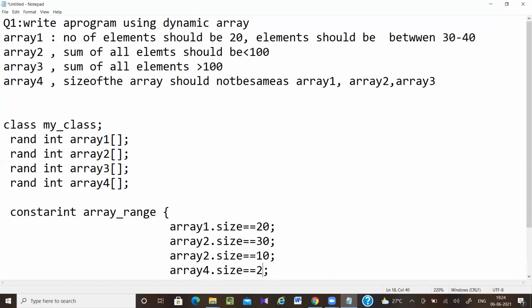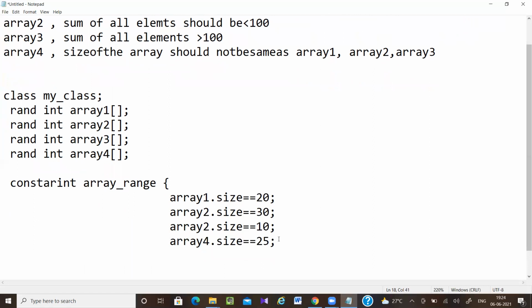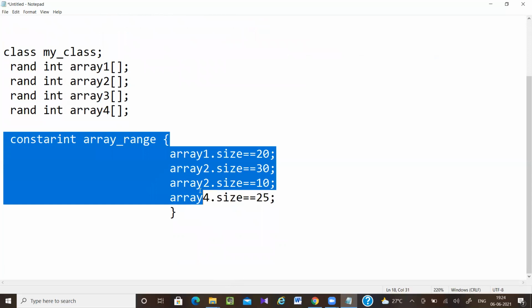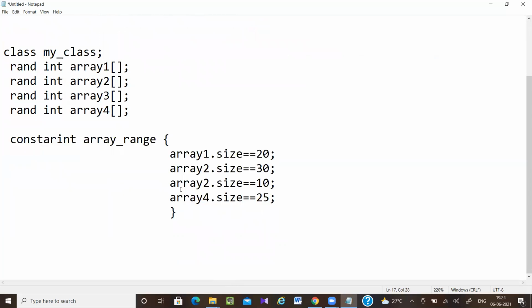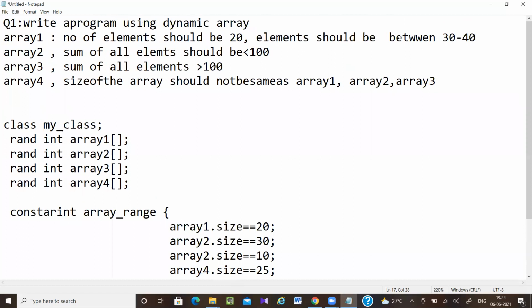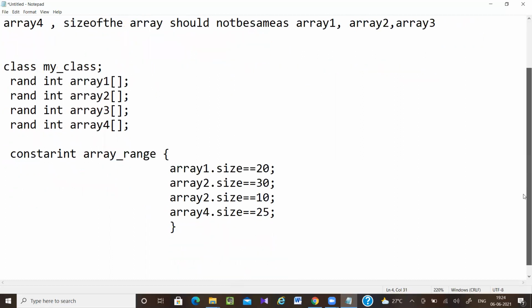It is not the same as any of these. So now this is for the array sizes. Next I have to mention the elements: array 1 between 30 to 40, array 2 sum less than 100, and array 3 sum greater than 100.